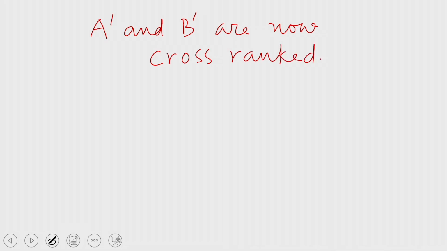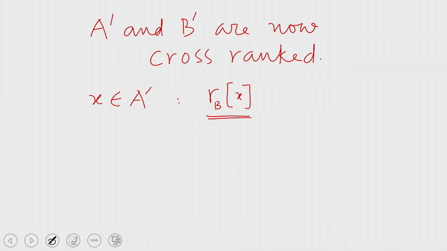Once again, consider an element x belonging to A prime. Let us say the rank of x in B prime is found. So, R of x, let us say, is the rank of x in B prime. For clarity, I can write RB of x to signify that it is the rank of x in B prime, which means these many leaders in B are less than or equal to x,